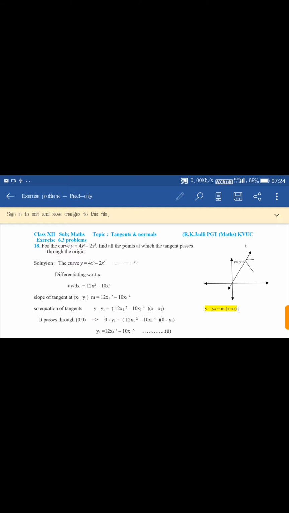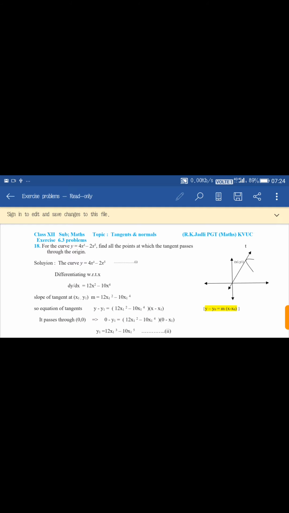Here the question is: the tangent passes through the origin. It means the touching point of the tangent and the curve are different. So for the solution,